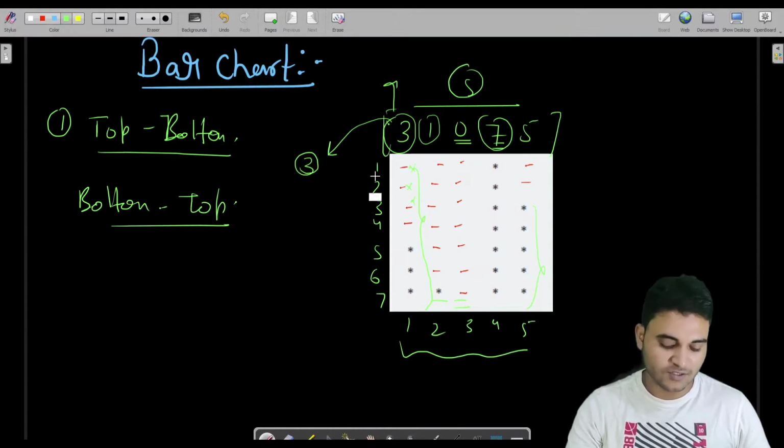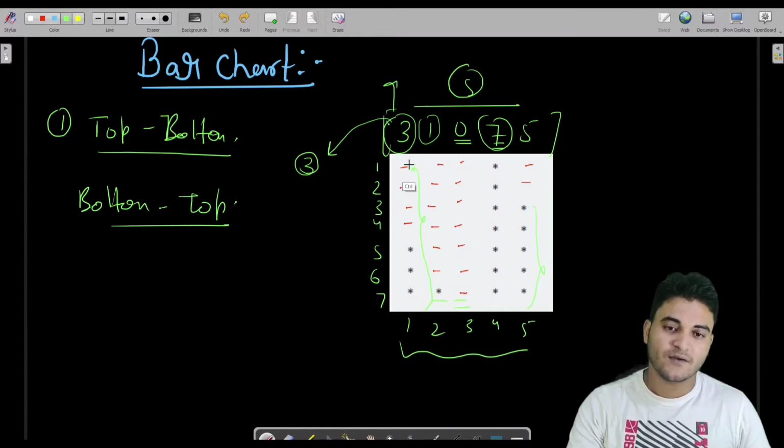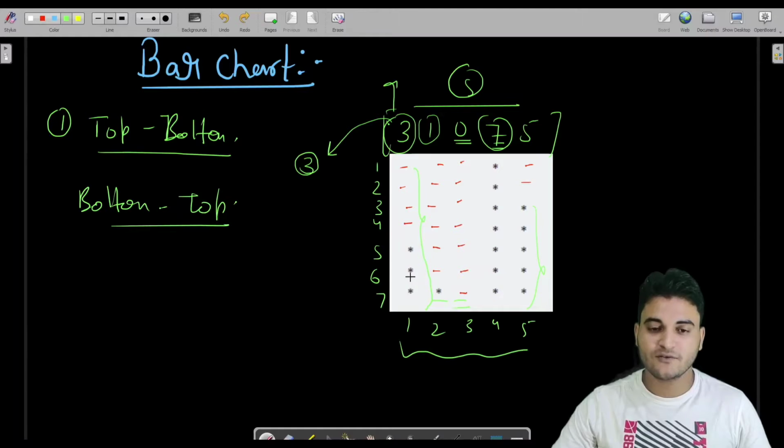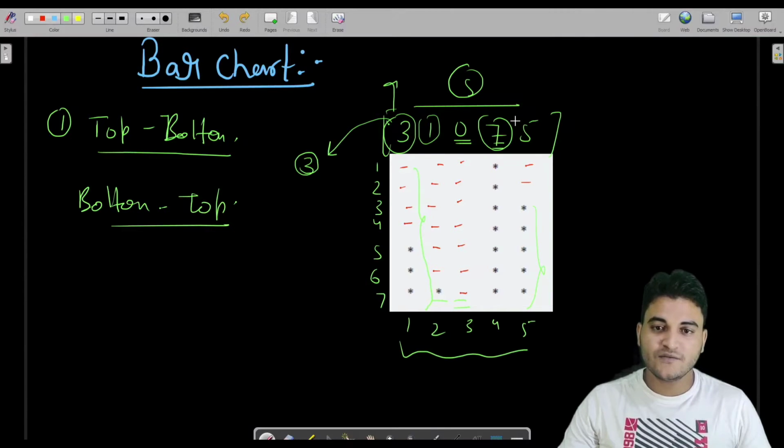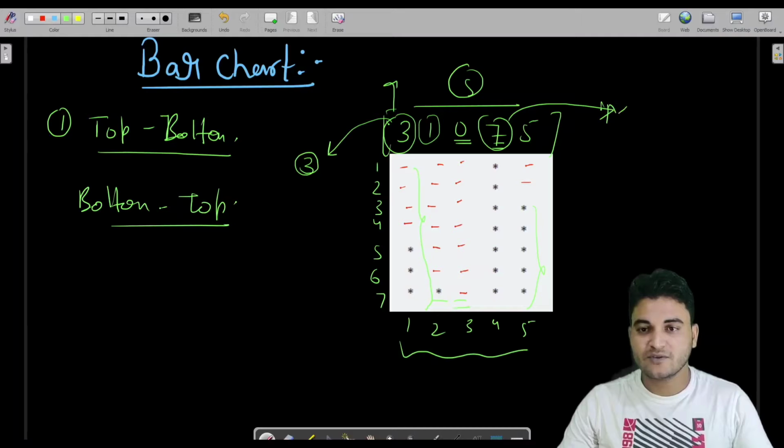So I don't want that condition. Firstly I would have to print spaces, and at the bottom I would have to print the stars. Fine. So for that, to print the number of rows, you have to get the maximum of this, which is 7, and I will tell you why I have to get the maximum.